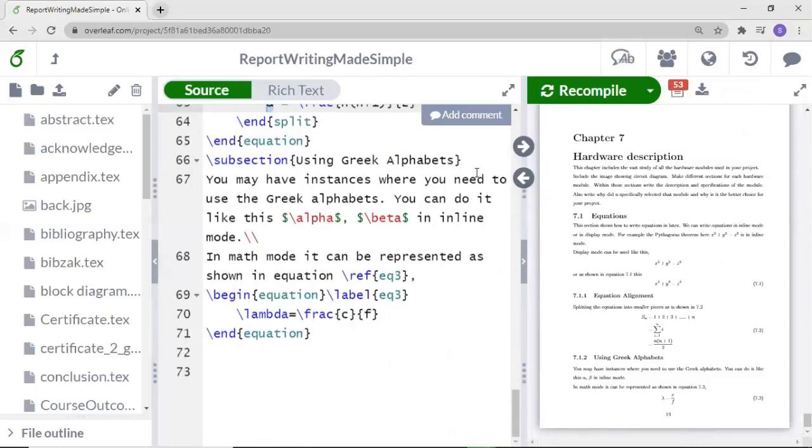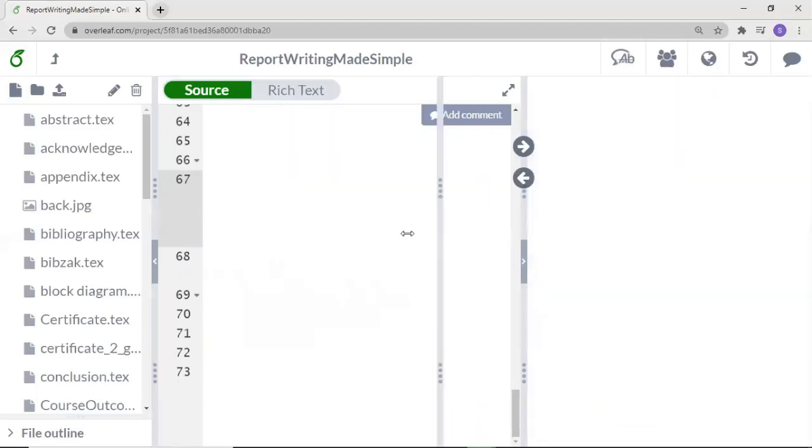Next, inside the equations, you can have Greek alphabets like alpha, beta, and gamma. For that, if you are doing it inline, you have to go into the math mode. For that, you have to use the dollar symbol, and then use the backslash symbol and write alpha, beta, or whichever alphabet you are using.